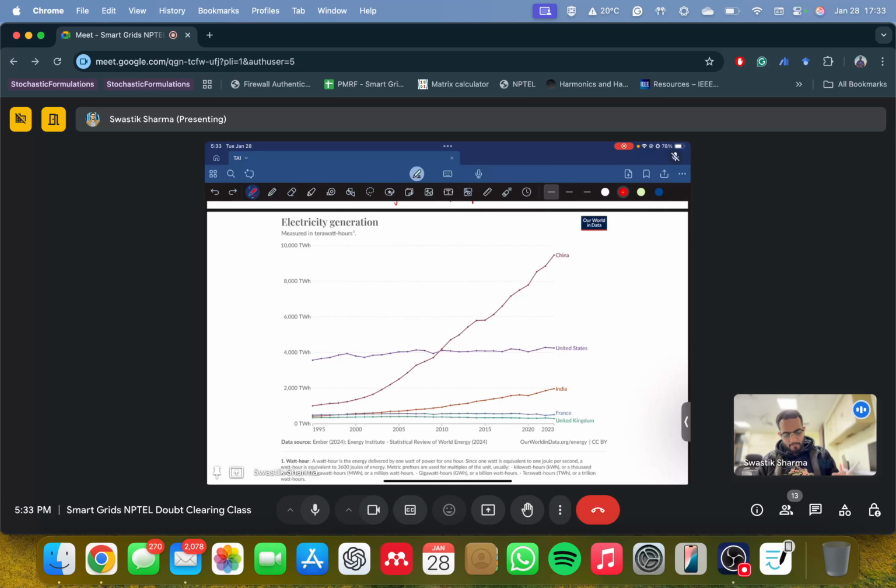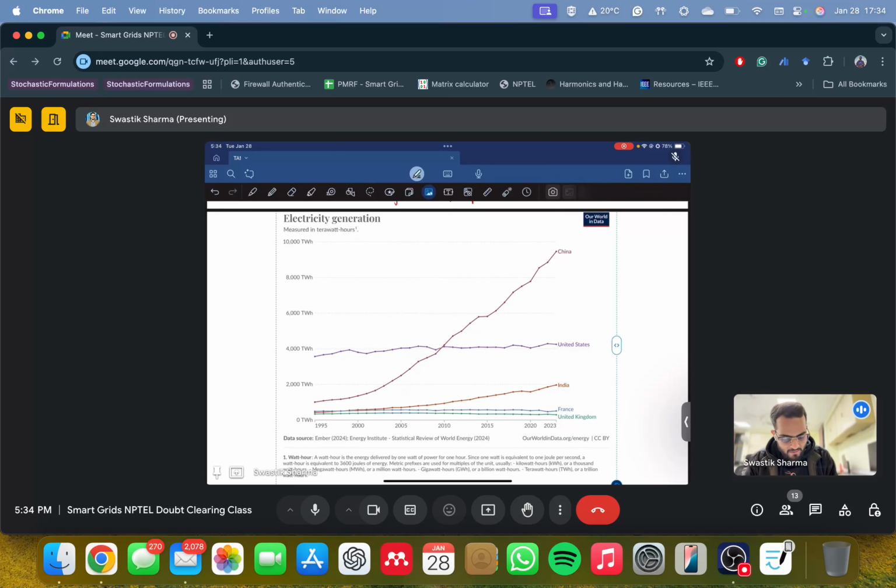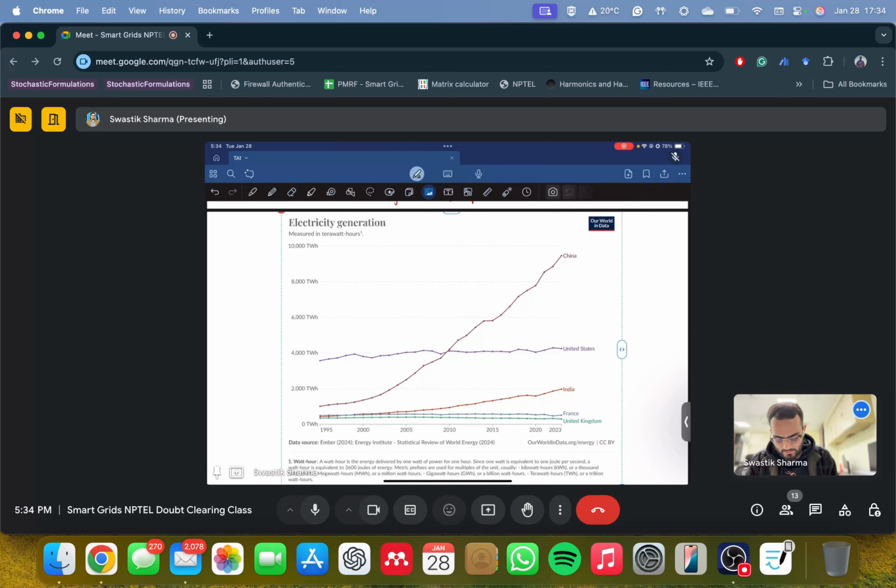So as you can see, this map I have recently taken, it's only updated till 2023. The review was done in 2024, but that data only goes till 2023. You can see that China, for example, has taken such a steep growth. It's constantly evolving. It has now reached 10,000 terawatt hours of electricity generation. But we, as India, are also progressing, but our, sorry,